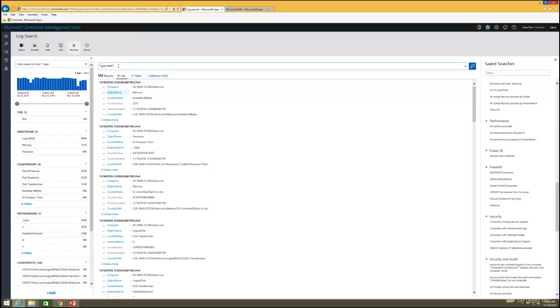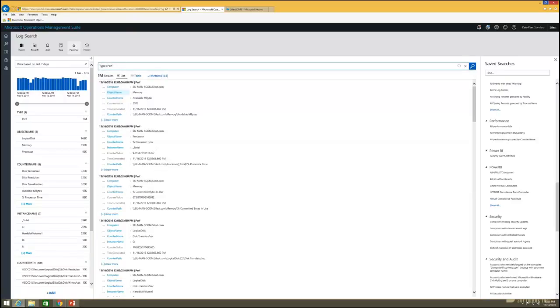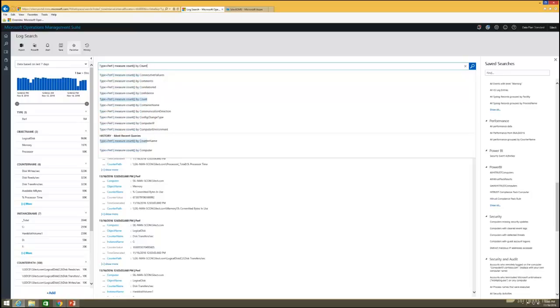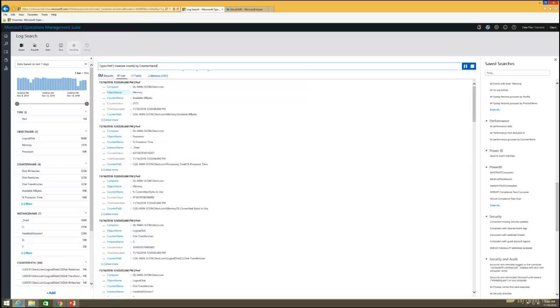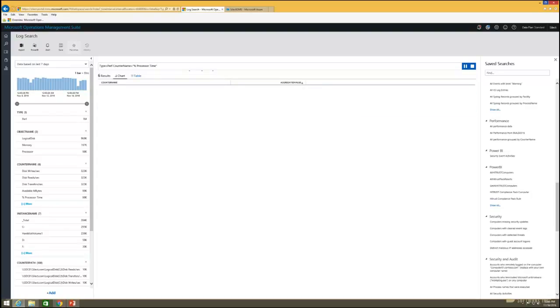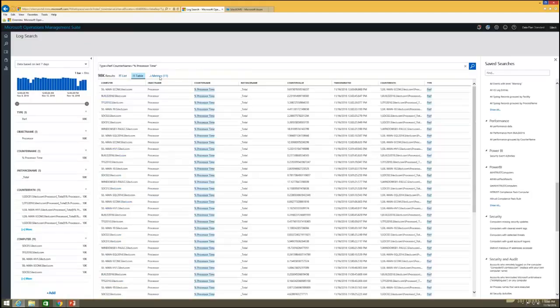And again, we can modify these queries to look at them based on a computer, but I think I'm going to skip that step, and I'm just going to look at it by a counter name. So let's look at the performance data based on the counter name. And processor time, I'm kind of curious what's going on in my network. Let's see the machines. Looking at the raw data isn't too useful, but within OMS, once